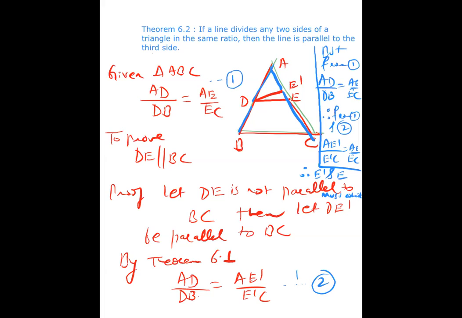And if they are coinciding, then our assumption is wrong. It is contradicting our assumption. Therefore, DE is parallel to BC. So just go through the solution, and then try to write it yourself in your copy without seeing it. Go through it first. Any doubt, you ask me in the chat box. Any doubt, please ask.